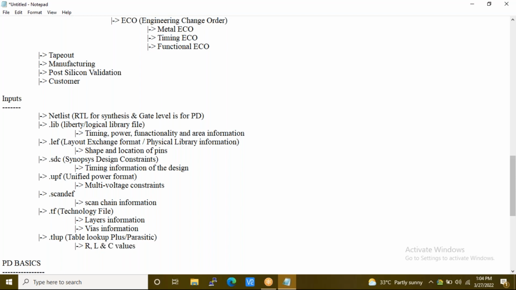For each metal layer, the parasitic information will be provided through this TLUP.